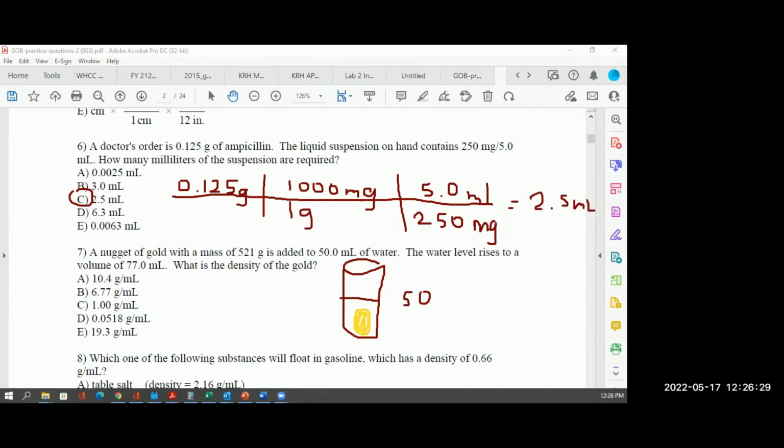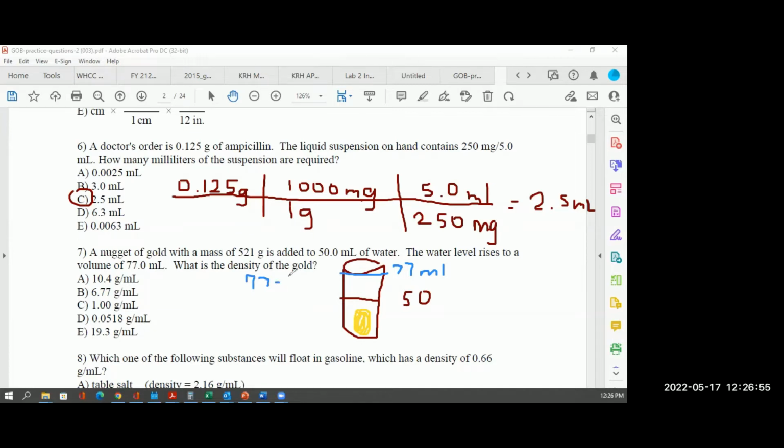Then it goes up to 77 mils. So you subtract the 77 and the 50, and then divide by the 521 would give you